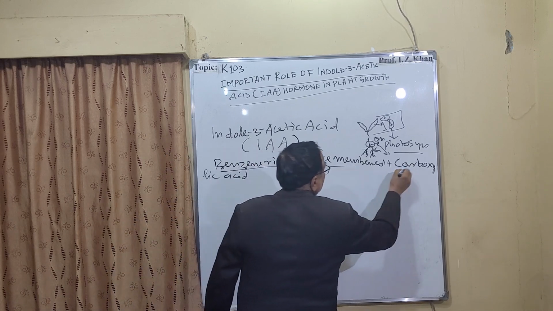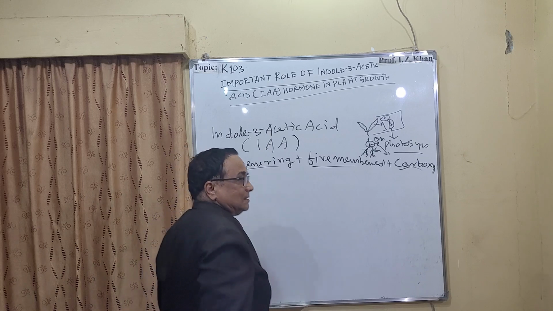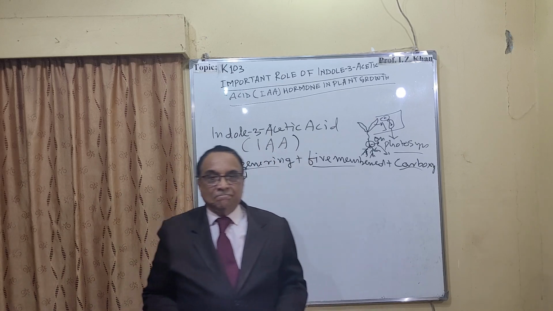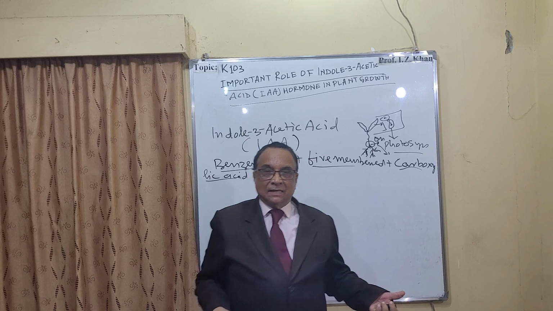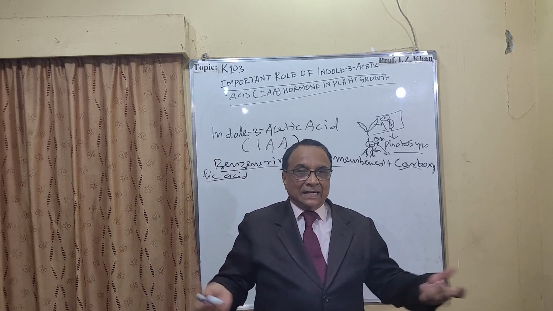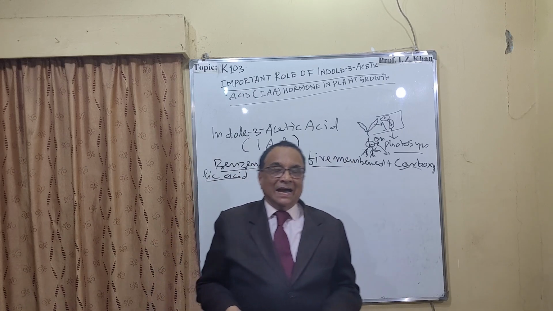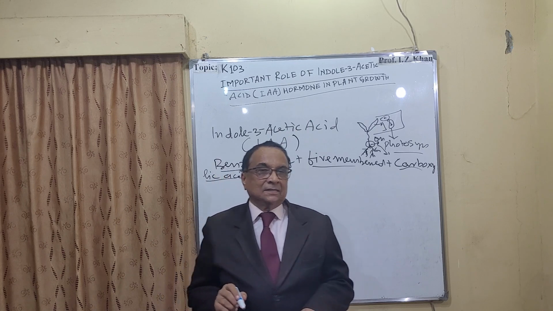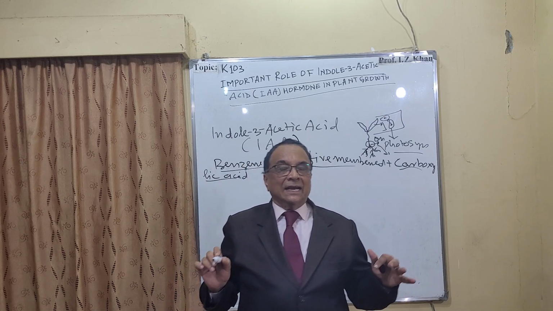So these three condensations are there. It contains an aromatic ring, that is the benzene ring. It contains a 5-member amino ring, and the third one, which is attached, is carboxylic acid, and that together is